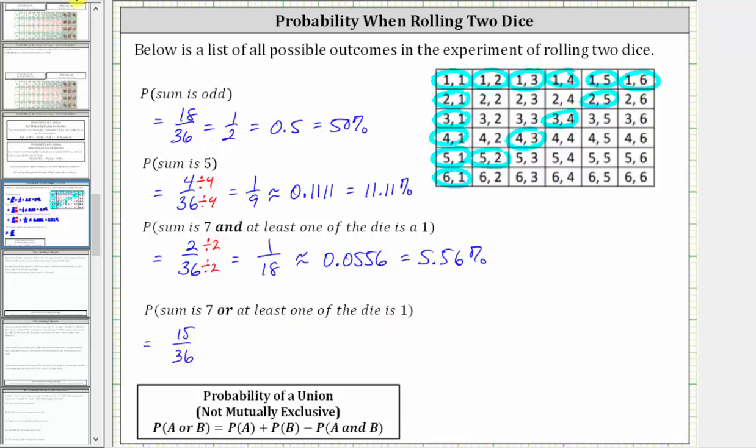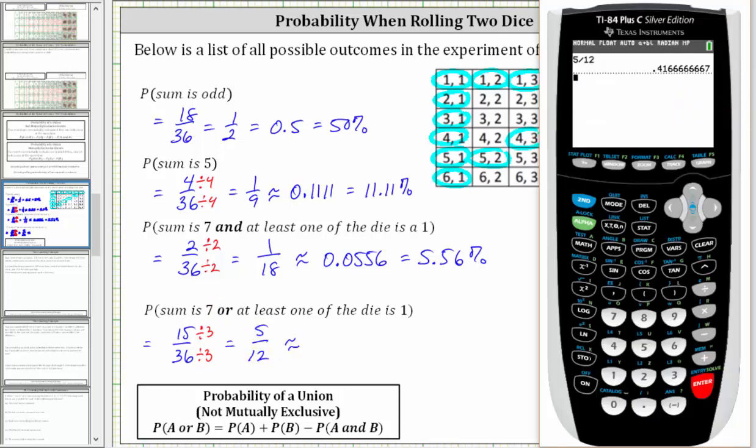This does simplify. 15 and 36 share a common factor of 3. Simplifying, we have 5/12, which to 4 decimal places is approximately 0.4167,